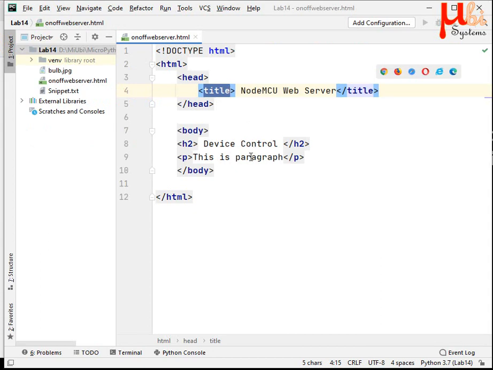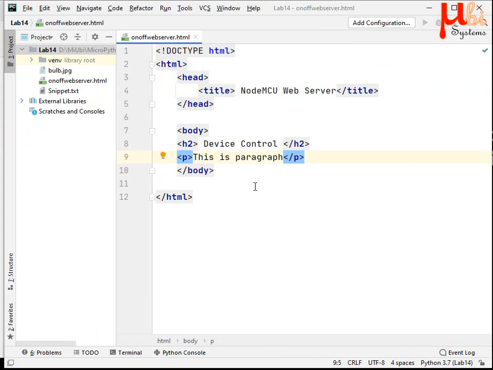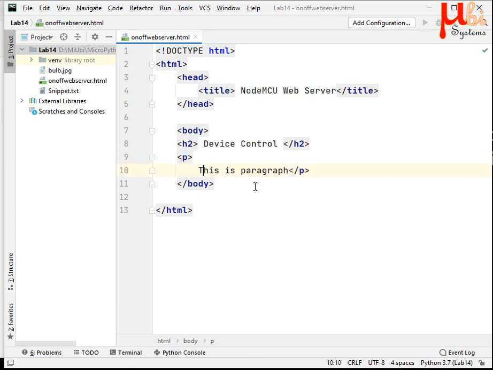Now I have made the heading as device control. I wish to create a hyperlink so that it is linked to something. I want to write it inside a paragraph. Whatever is present between p and slash p will be a paragraph.